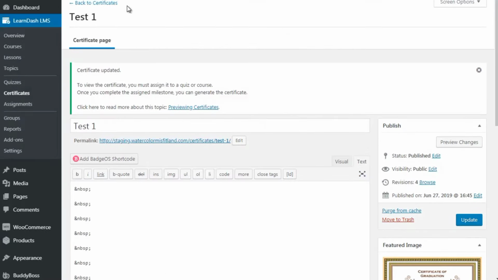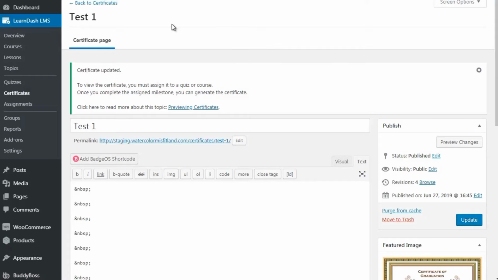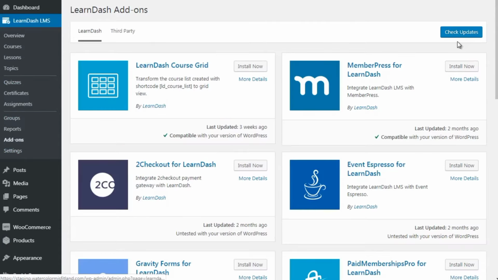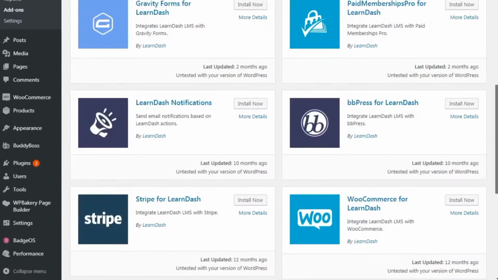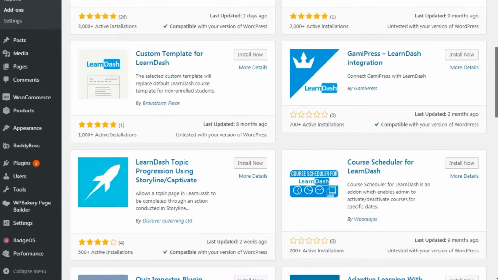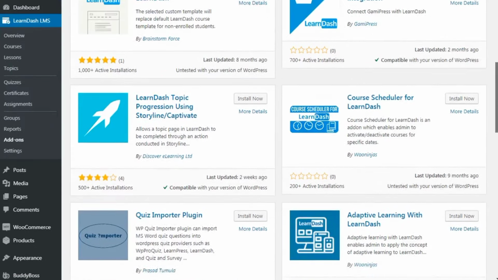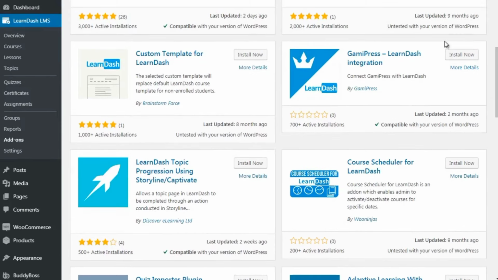Now, in terms of gamification and making things fun, you'll need to go to add-ons, and we'll need to find the GammaPress, which should be under third party. And there it is.